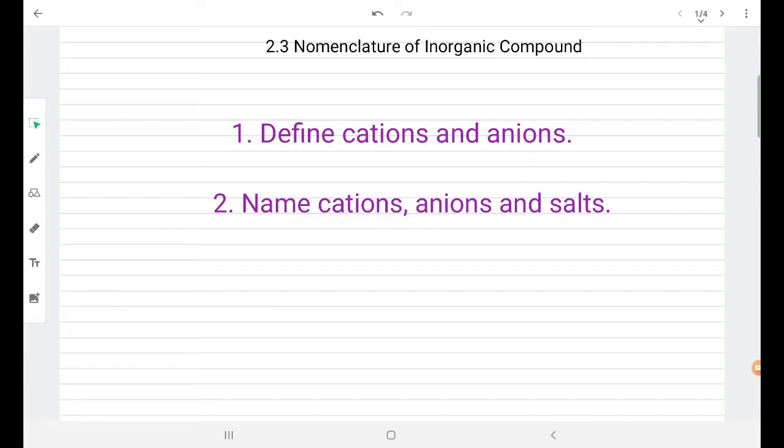So our objective today is to define cation and anion and to name cation, anion and salt. Okay, so the definition of cation and anion. So what is cation? Cation is